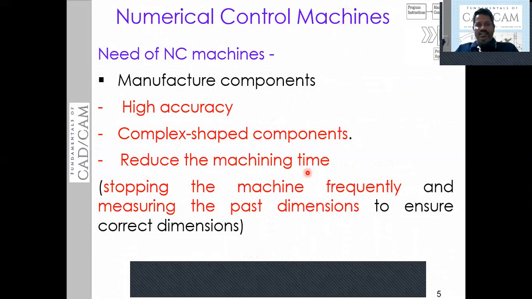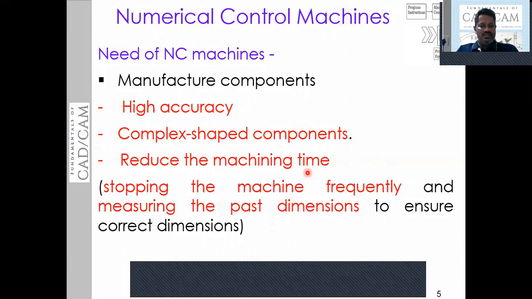Let us see the need of NC machines. The first need is manufacturing the components with very high accuracy. Then to manufacture the components of complex shape. And to reduce the machining time. Reducing the machining time means if you machine using a conventional machine, stopping the machine frequently and measuring the part dimensions will take time.